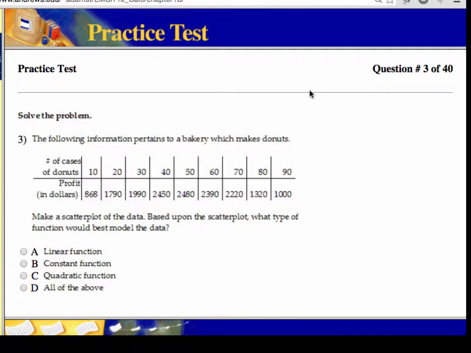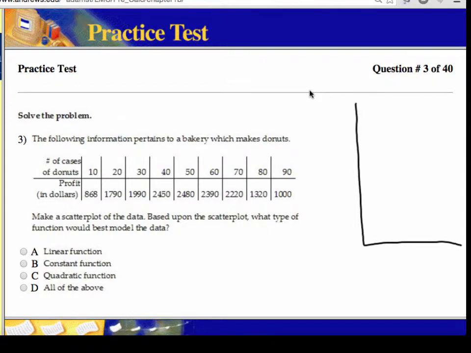All right, so for problem number 3, we have a bunch of information about a bakery and the donut counts. It says make a scatter plot of the data, and based on the scatter plot, what type of function would best model the data. Now, we could enter this in a calculator, or you can just do a rough sketch. So if I were to do a rough sketch, I'd probably make the